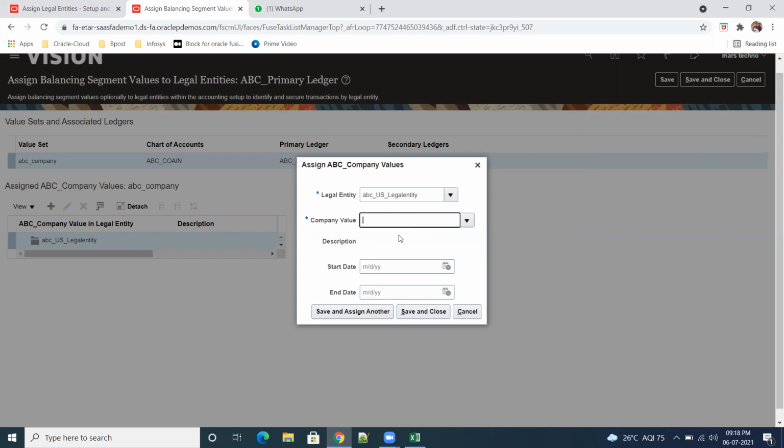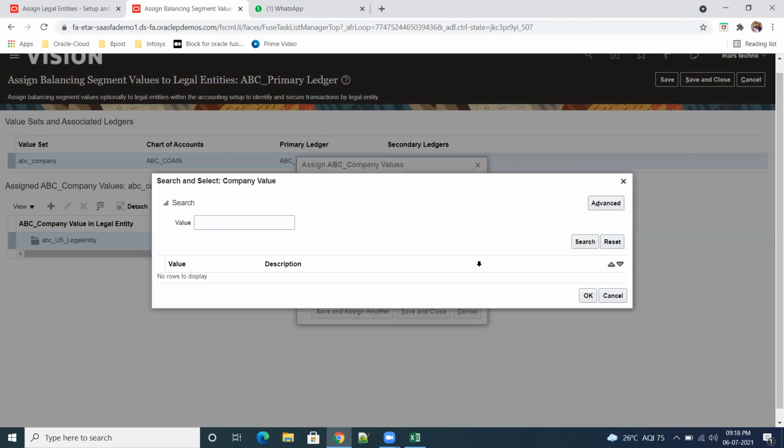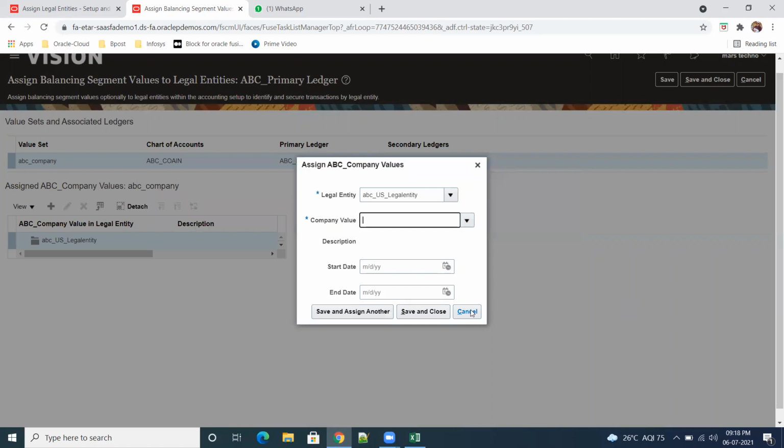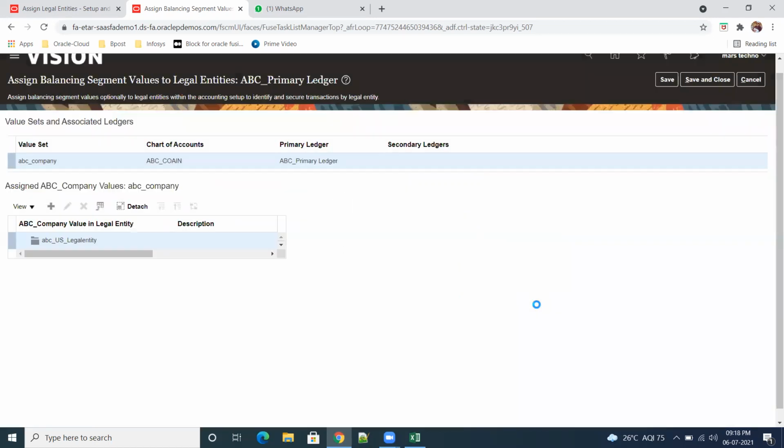Company value. Company values are not coming. Value set is ABC company. Then it should have come. ABC CON, ABC primary ledger. Value set is this one only. Where is the difficulty?